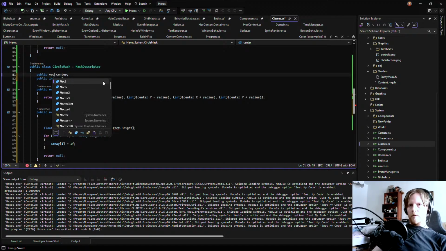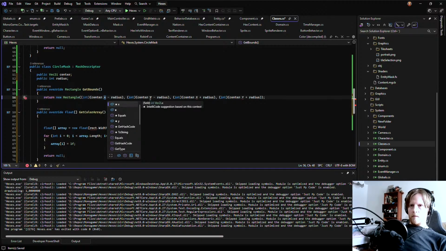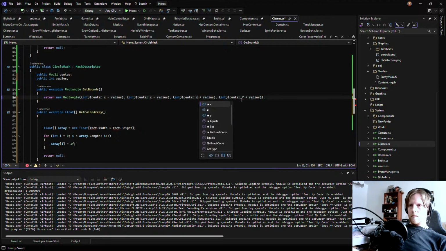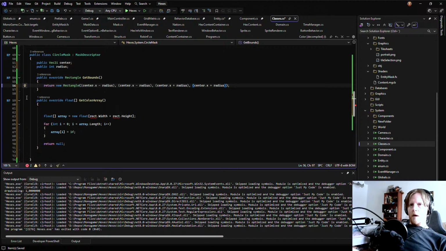And the center should be a vec2i. No, we don't need this. And because of that, then we can just say that the array should be